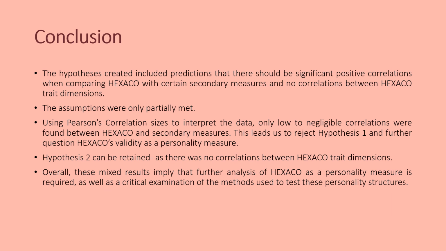So in conclusion, the assumptions previously made with the hypothesis were only partially met. Using Pearson's correlation sizes to interpret the data, only low to negligible correlations were found between HEXACO and secondary measures. This leads us to reject Hypothesis 1 and further question HEXACO's validity as a personality measure. Hypothesis 2 can be retained, as no correlations between HEXACO trait dimensions were found. Overall, these mixed results imply that further analysis of HEXACO as a personality measure is required, as well as a critical examination of the methods used to test these personality